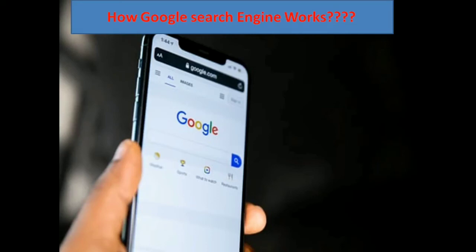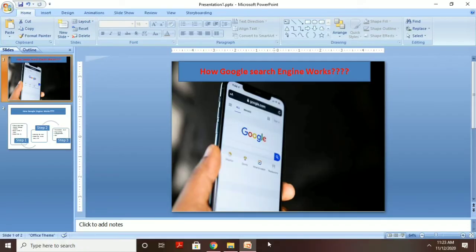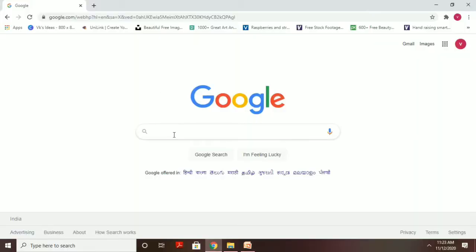My name is Vaishnavi and today we will be seeing a new topic in the interesting fact series, that is how the Google search engine works, or how Google provides us the result of the query that we have provided as the input to it. Whenever we are searching anything on Google, we get a number of results. So it is important that we should know how this works and how Google provides us the output.